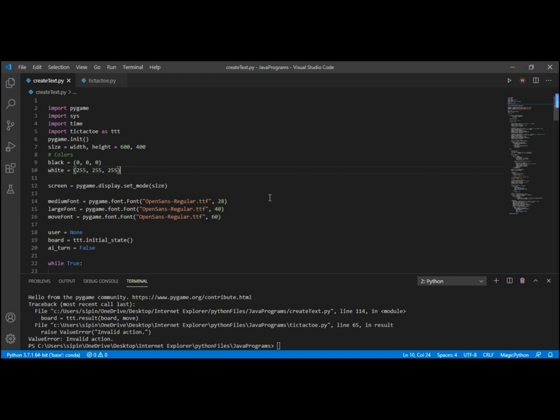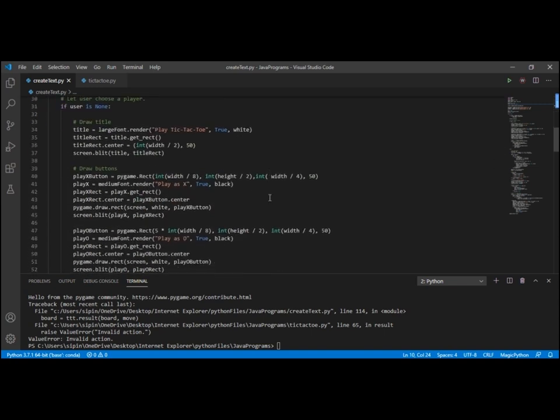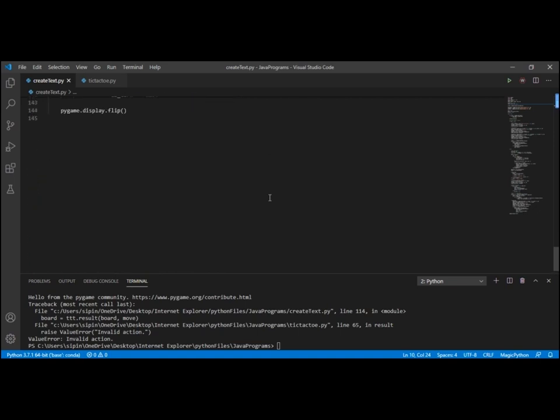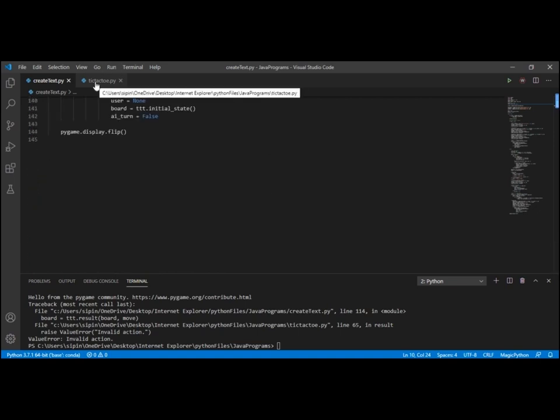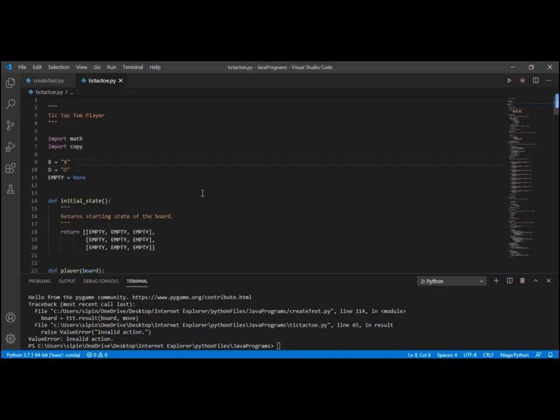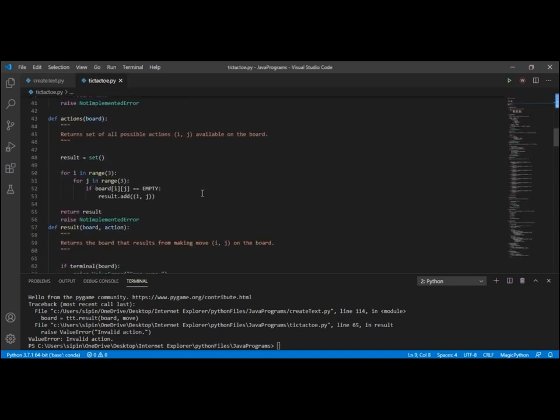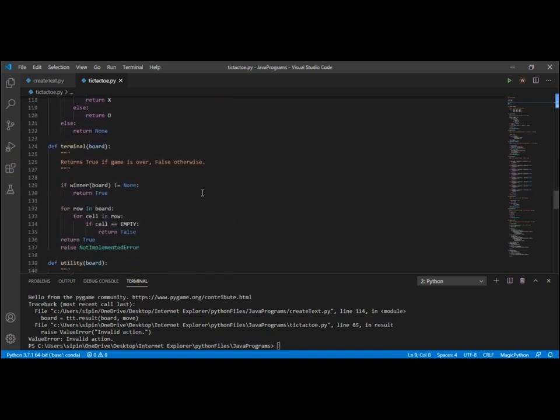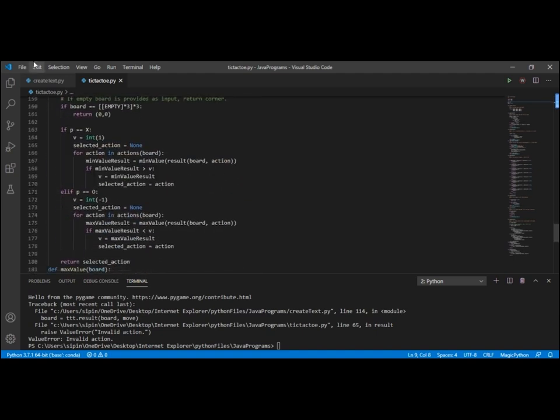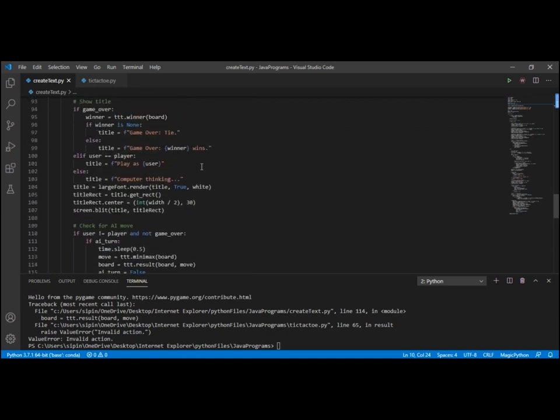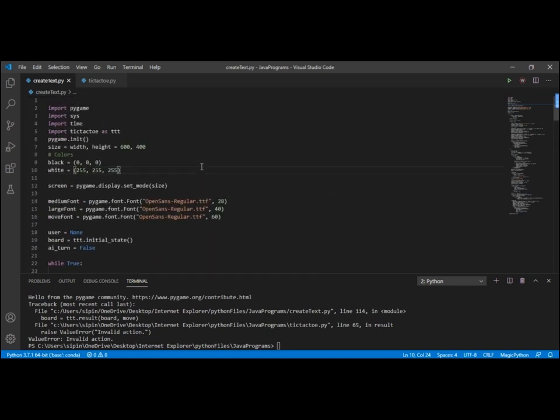So one of my parents asked me if I can help her fix her code, and then I saw her code, and it was so hard to read. It was a tic-tac-toe game, and she wanted me to fix a problem that she had with this code. So I'm gonna show you what the problem was, and I'm gonna show you what I did to fix it